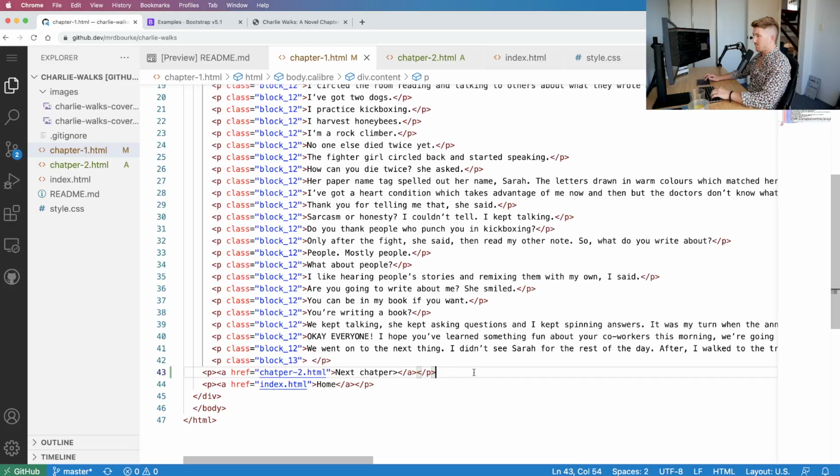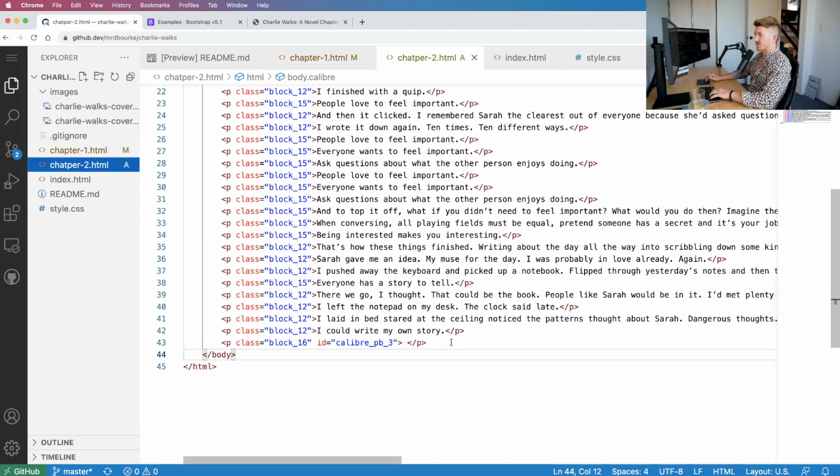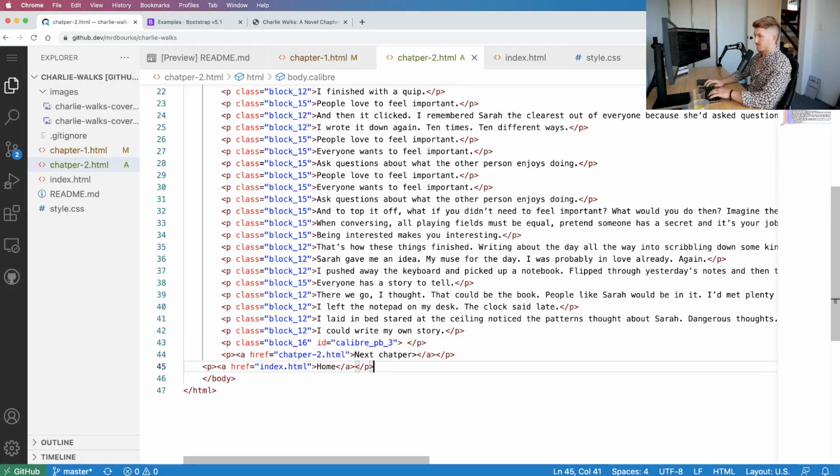There we go. And we'll have a previous chapter on next chapter. This will be chapter 3, as well as I'm going to put in here previous chapter, and this will be a href equals